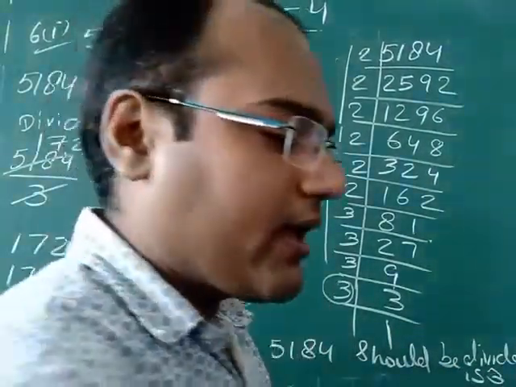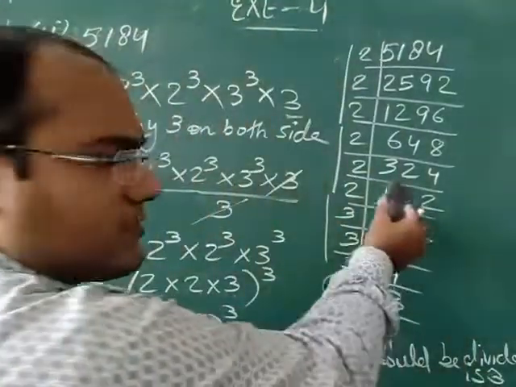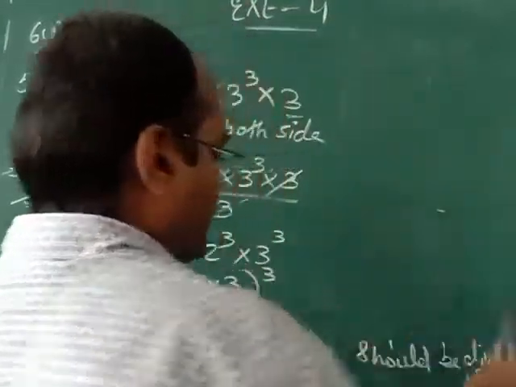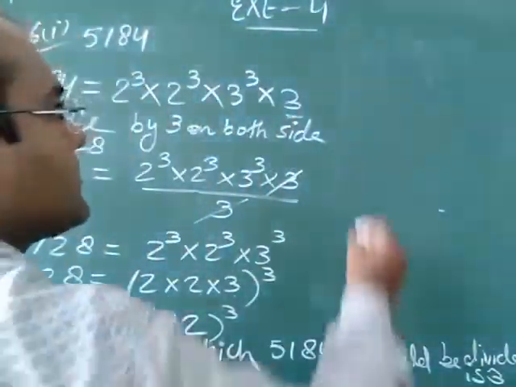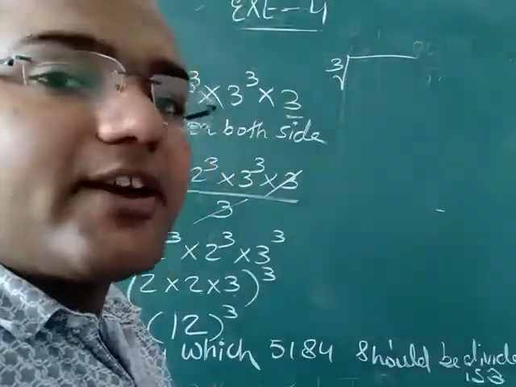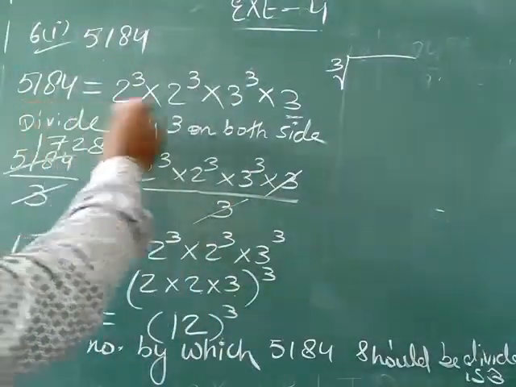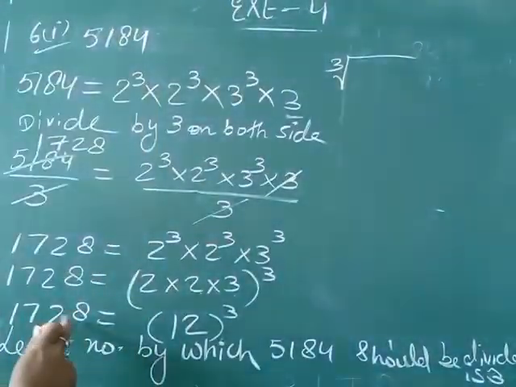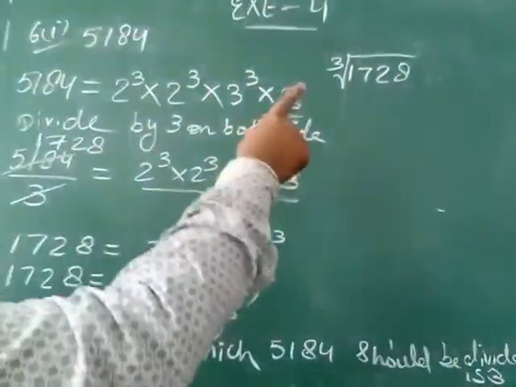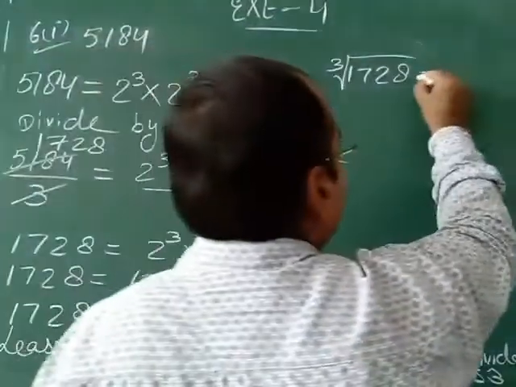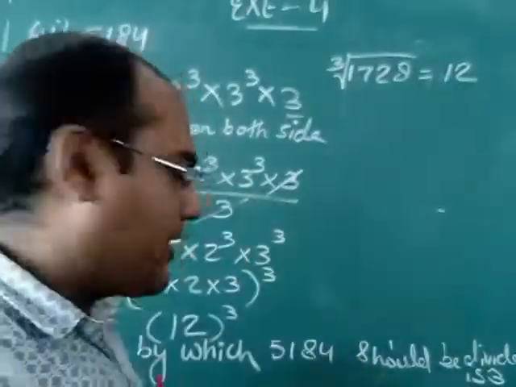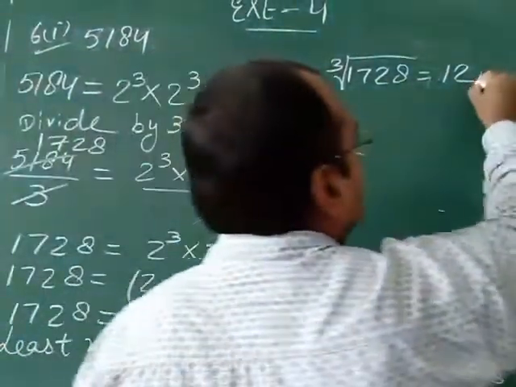Okay. Now he asked also find the cube root. आपको cube root भी निकालना है. So this prime factor you have to show. Now what you have to do? You have to find cube root. किसका cube root निकालना है? Of perfect cube का. तो ये तो perfect cube था नहीं, because यहाँ पे power 3 नहीं आ रही थी. Which is the perfect cube? 1728. 1728 का perfect cube निकालेंगे, cube root निकालेंगे, then answer will be 12. Power 3 नहीं लिखेंगे because we are finding cube root. Cube root निकालते हैं तो एक बार लिखते हैं, तो ये power 3 नहीं लिखेंगे. So this is your final answer.